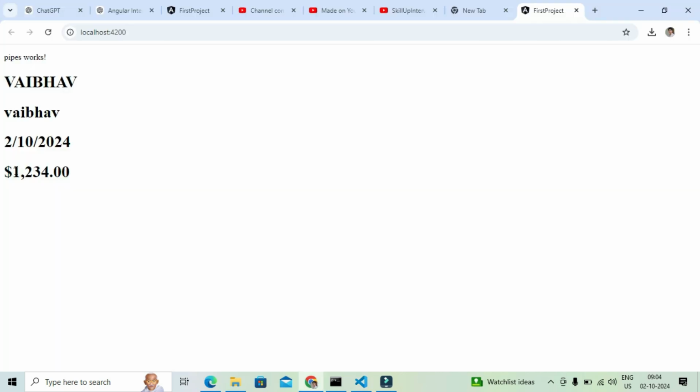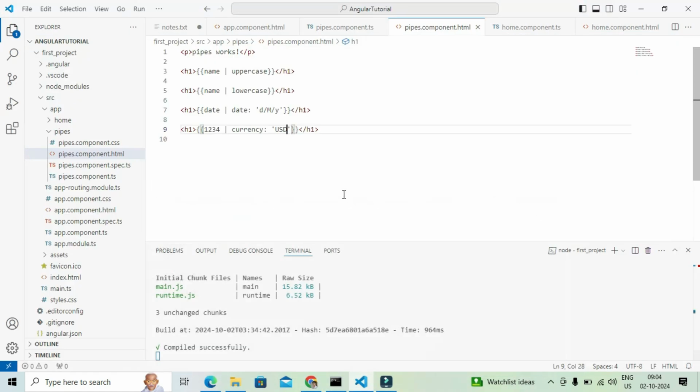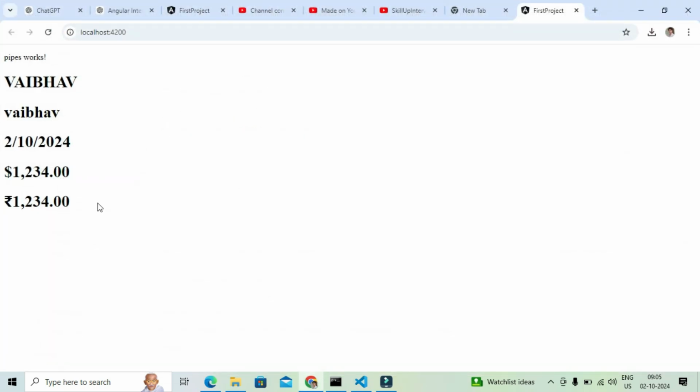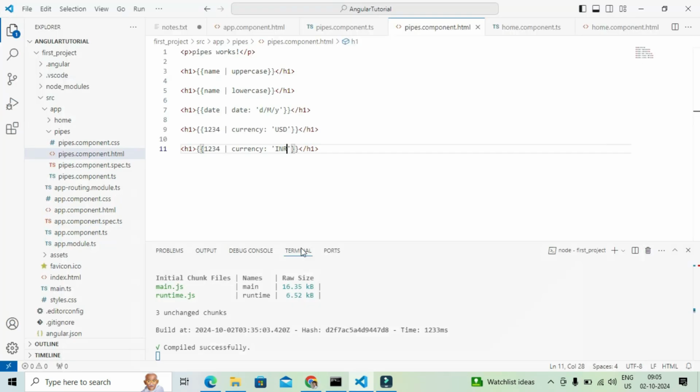Before that, for 1234 the dollar symbol came. Same way for the rupees, you can use INR. Now you can see it came as the Indian rupee. This is the pipes basically in Angular, using which we can transform the data.